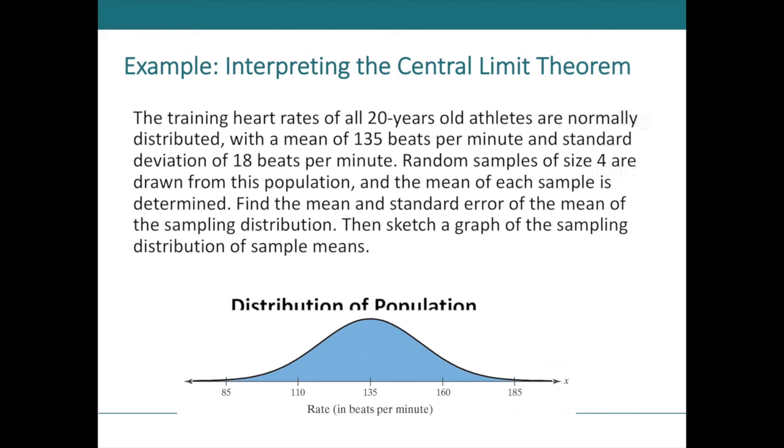Here we have another example. The training heart rates of all 20-year-old athletes are normally distributed. A mean of 135 beats per minute, standard deviation of 18 beats per minute. Now, random samples of size 4. That's not 30, is it? And it's drawn from the population, and the mean of each sample is determined. So we have to get all the x bars,